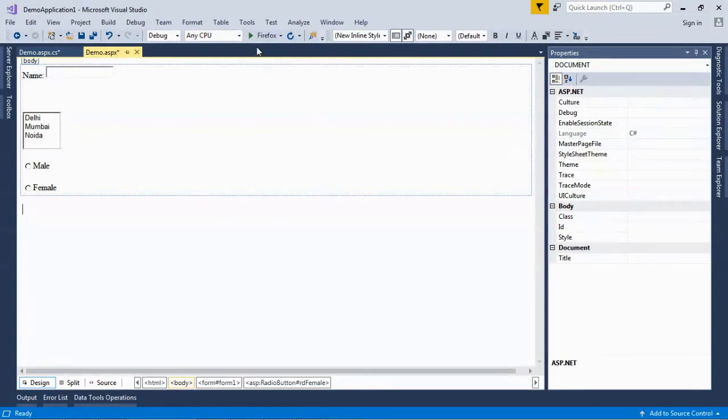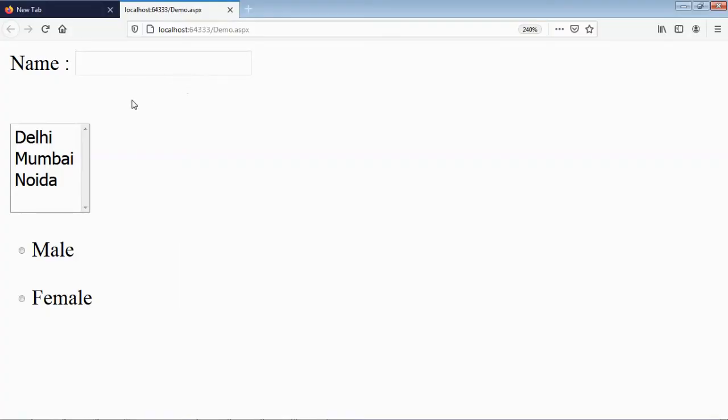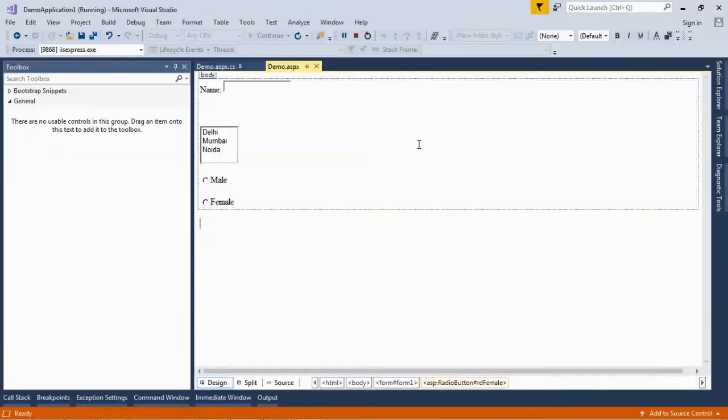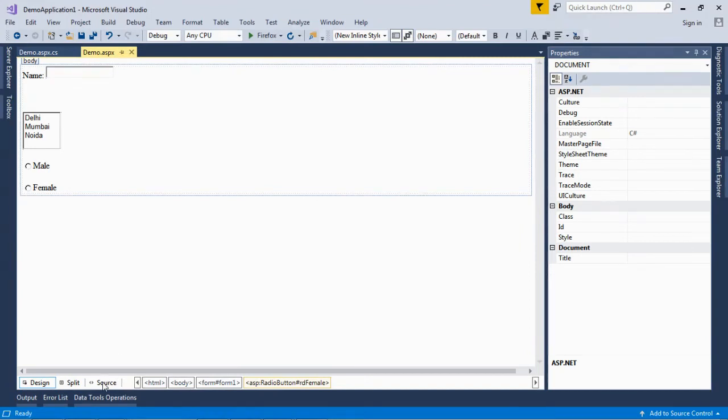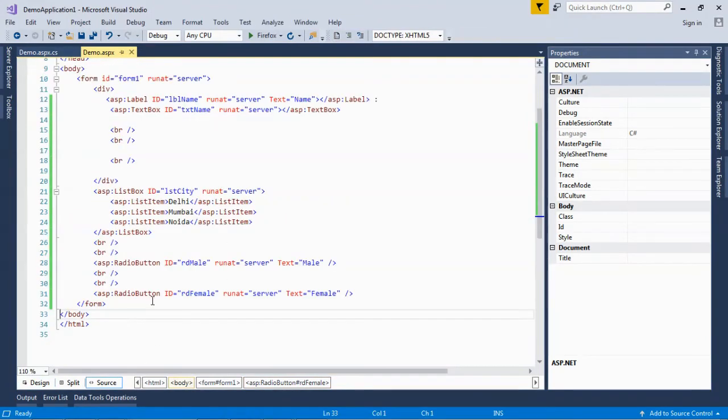Now I'm running the application. Here is the output. All the controls are displaying on the browser. Stop the application. Go to the source. This is the source of all the controls which I have put on the designer part.